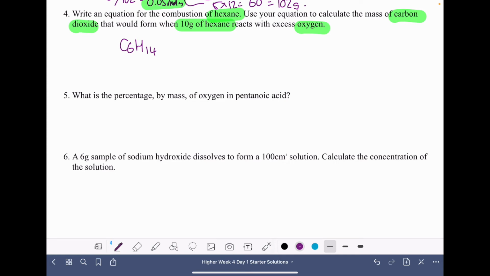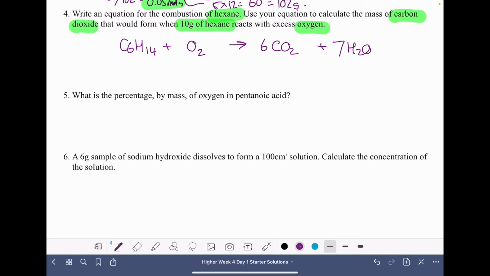Remember, it's an alkane, so CnH2n+2 is the general formula, plus O2. And we always get carbon dioxide and water as the products. So the number that goes in this position here is always the same as the number of carbons. So that's going to be 6 to give us 6 carbons. And then to work out the number of hydrogens, we've got 14 here, so we're going to need